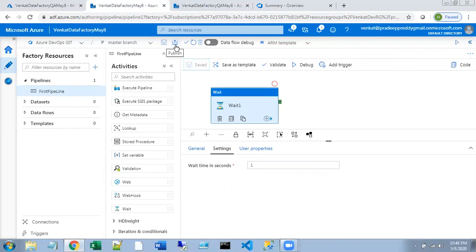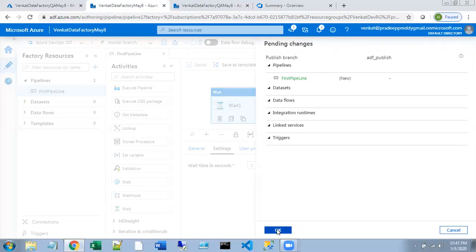So you see the point that you have to remember when you go for publishing. You can publish only from your collaboration branch. Your collaboration branch is nothing but the master branch I have set up when I'm setting up my code repository. If you create this pipeline in a different branch, you have to raise a pull request to merge your code changes from your branch to master branch. Your pull request should get approved. Then you can publish your pipeline from master branch. Please remember that. Now I am going for publish.